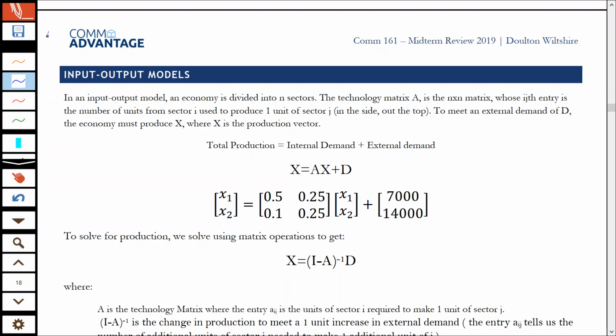Talking about typically an economy with different sectors of production, okay? And so our goal is typically to figure out how much external demand we could meet, or given some external demand, how much our total production needs to be. So our total production is equal to our internal demand plus our external demand. So internal demand is simply just what it takes